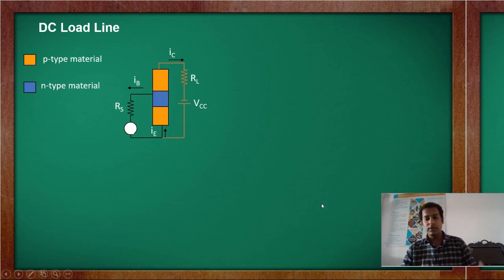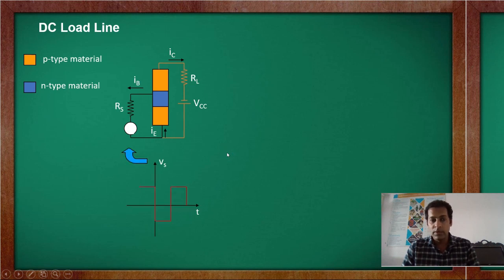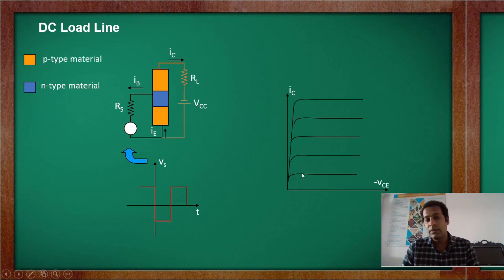Let us see the same concept with animation. What exactly happens? Now this one is not the symbol, this one is the structure. In the structure, the base we are connecting with the emitter, right? So what happens when we give some input voltage, the input signal is given, and when we change the values we get this kind of graph, right? That is clear. And we keep on increasing the base current to get the output characteristic. Output is IC, VCE.